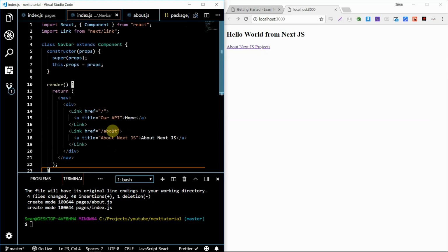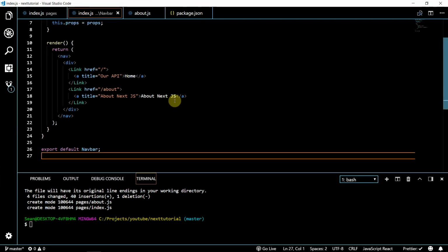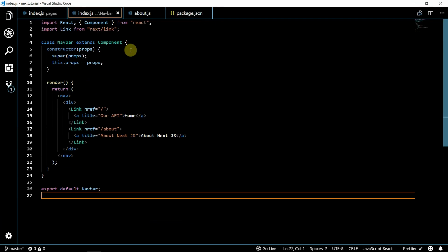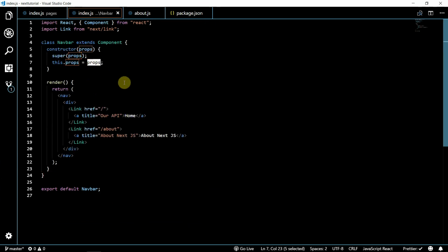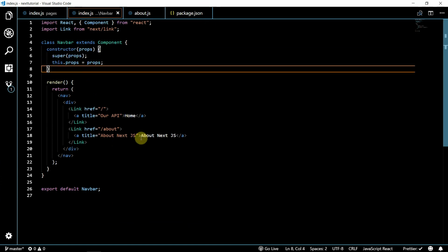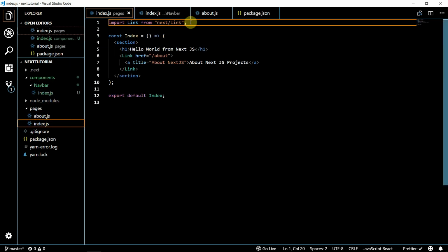So I just saved this, and we have this navbar here, and we'll just do an export default navbar. Oops. So let me just open this up a little bit further. So this is really just a really basic class here. We're not going to be using any of our props just yet, but I included this constructor just because I know that I'm going to want props later on, and it's just easier for me to build it with this classical kind of structuring. So what I'll do is I'll head back to our index page here,